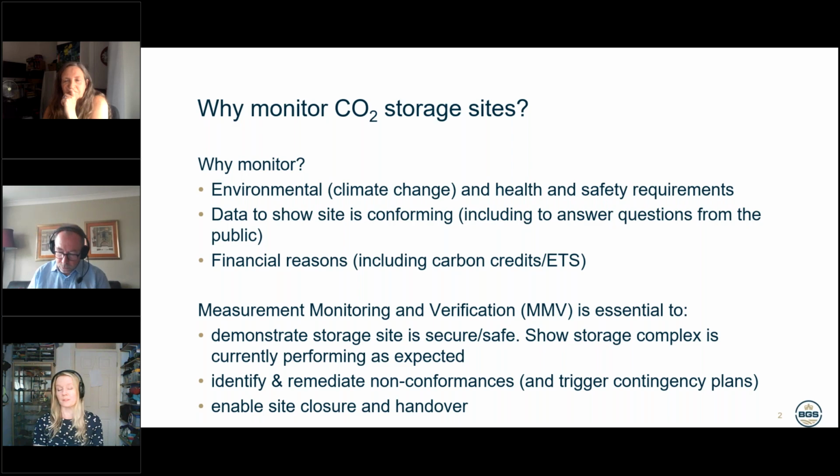So we need to conform in Europe with the European Storage Directive. So we have to show that we can demonstrate that the CO₂ is safely contained in the reservoir. We have to monitor potential containment risks. So is there anywhere where we think it would be more likely that leakage might occur, and what should we do to make sure that we can see that's not happening? We have to show the site is behaving as expected, identify and remediate any non-conformances, and finally enable site closure